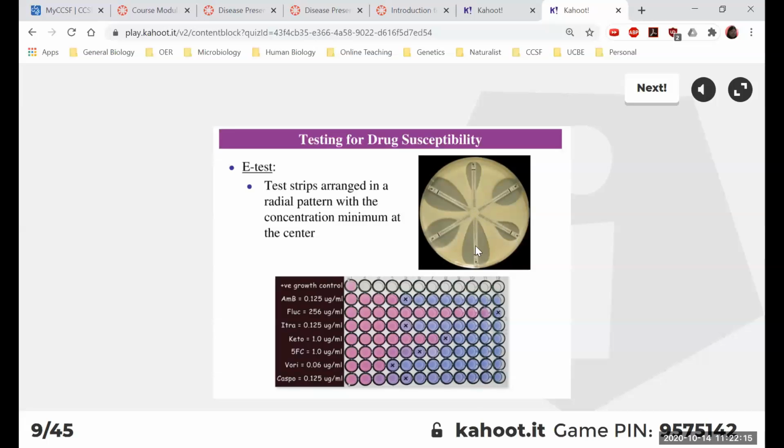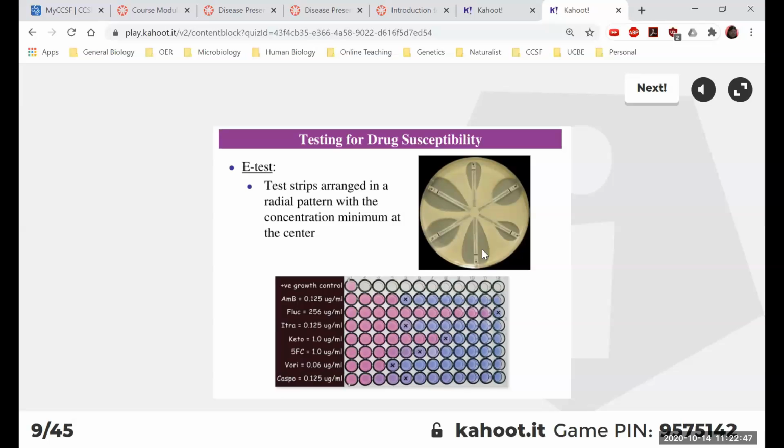And then you have these strips that contain different antibiotics. And the strip actually contains a concentration gradient of each drug. So that's why it's not just a zone of inhibition like a circle. It's actually a different shape. So over here you have low concentration drug, so the zone of inhibition is actually very, very small. And then as the strip goes outwards, the concentration of the drug increases, and basically your zone of inhibition also goes larger. So E-test will actually give you some dosage information.